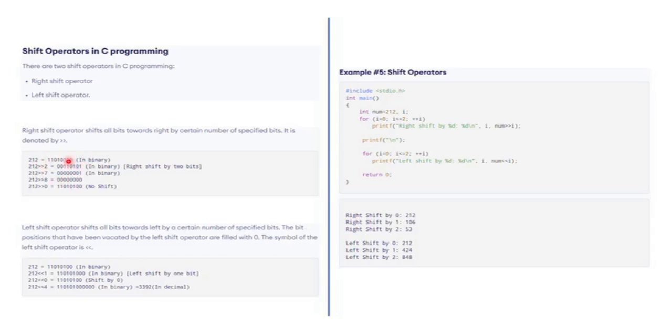Whatever the digits are here, you just delete them. Even if they were 1 and 1 here, you delete them and add the same number of zeros on the left side. That will land you at the result. That's the right shift operator. It shifts every binary digit towards the right, and by shifting, the zeros which are actually present prior to this